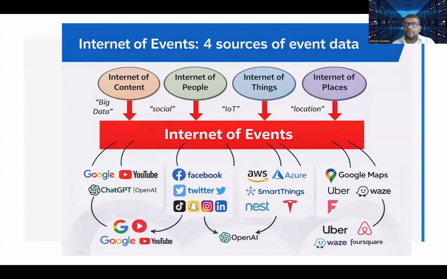For example, if you want to do any sales prediction, you can combine that with weather data, which can be considered the Internet of Things. Also, sales can be linked with social media activities, which goes under the Internet of People. Also, if your sales are combined with news articles and news items, then you can combine that with the Internet of Content.